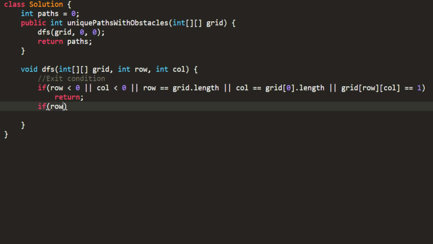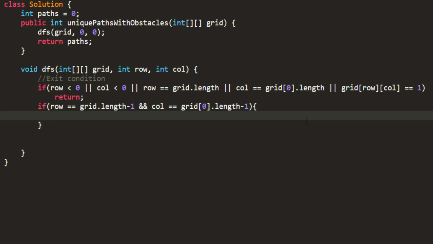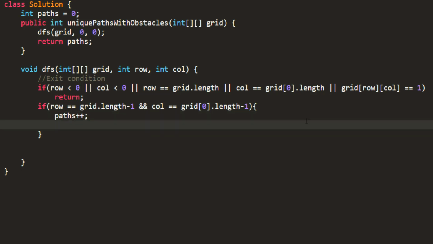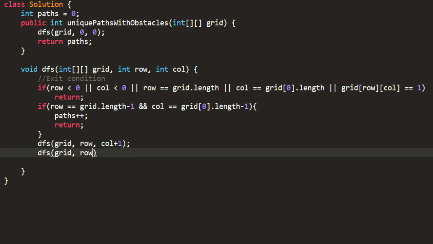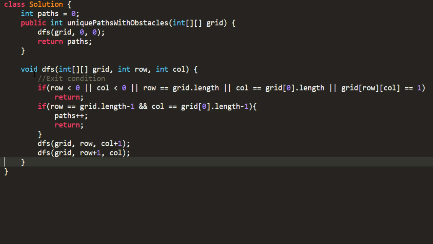So if my row has come to grid.length minus 1 and my column has come to grid[0].length minus 1, that means I am at the finish point. So at this point, I'll be doing paths plus plus. That is, I have found one unique path and then I can simply return. Otherwise, I'll call my DFS on right and down directions. And that's it. That's our basic DFS.